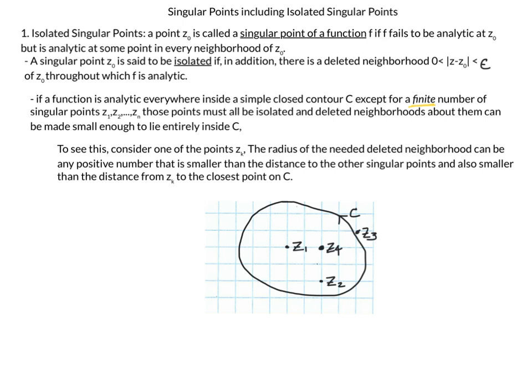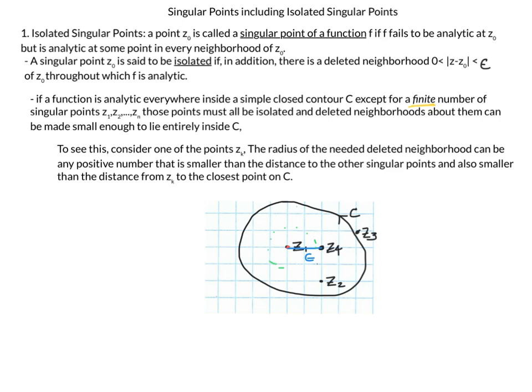Let's consider one of the points, z sub k. In this case, we're going to look at z1. So let me put this little red dot here. That's our point that we're going to say is isolated. The radius of the needed deleted neighborhood can be any positive number that is smaller than the distance to the other singular point. So in other words, if we have a finite number of singular points, 1, 2, 3, and 4, z4 is the closest one, so whatever this distance here is, epsilon, as long as we choose a radius for our neighborhood to be smaller than epsilon,